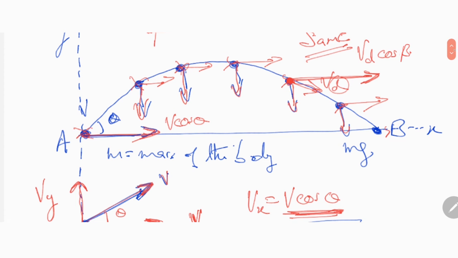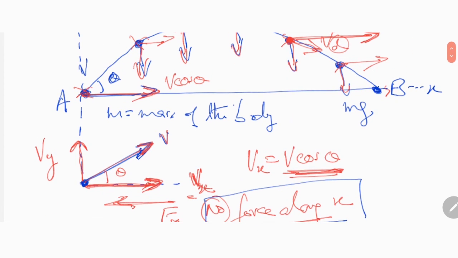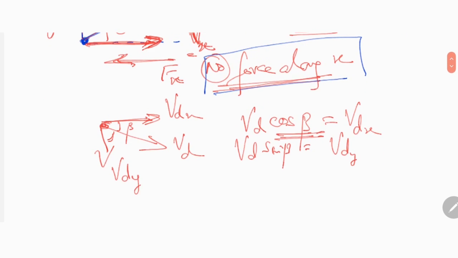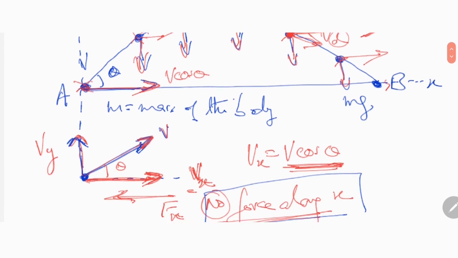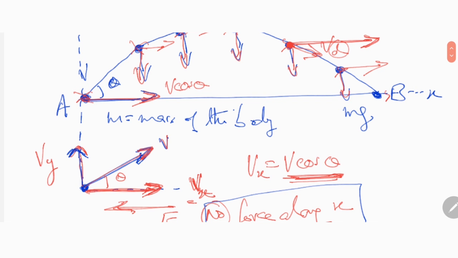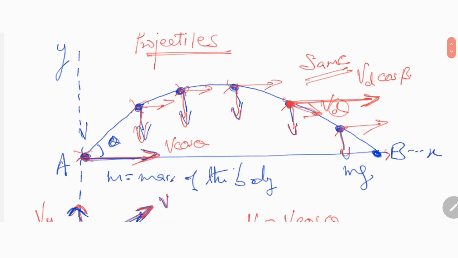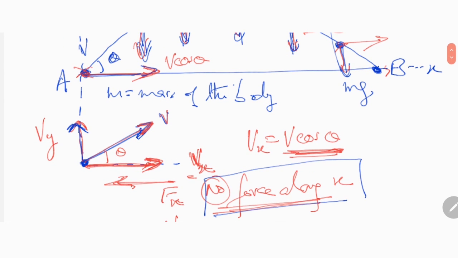Please understand this. Now, the second point is, let's look at the velocity along the y-axis, Vy. You have a Vy here, and we can also have a Vdy here. Now understand, what is the force that the ball is experiencing along the y-axis? Along this axis, everywhere, there is always a force acting downwards, and that is nothing but your acceleration due to gravity.